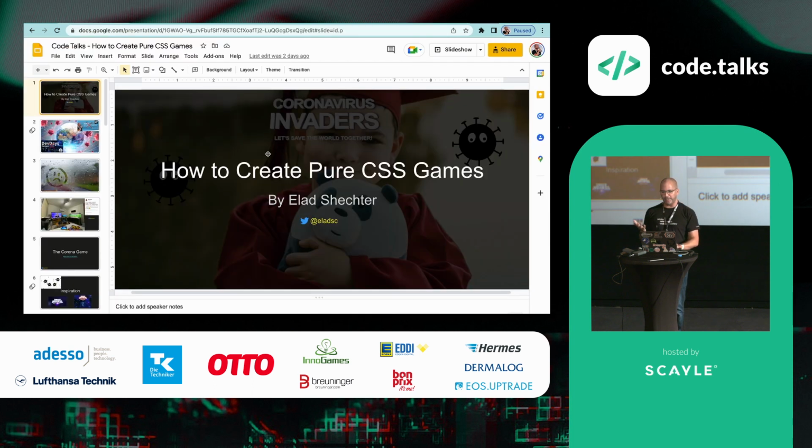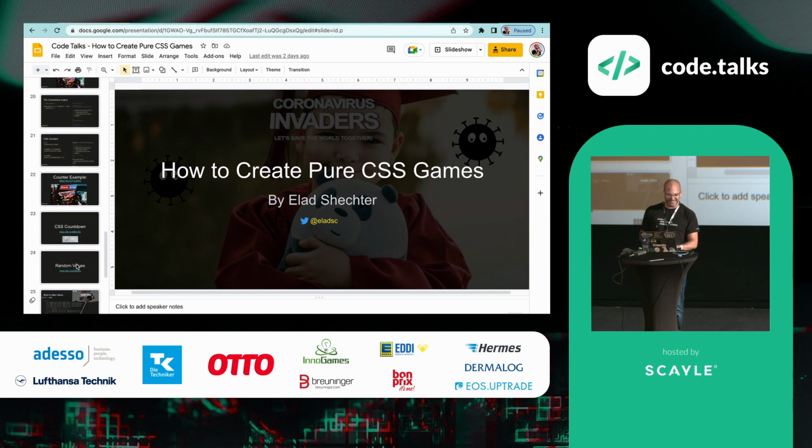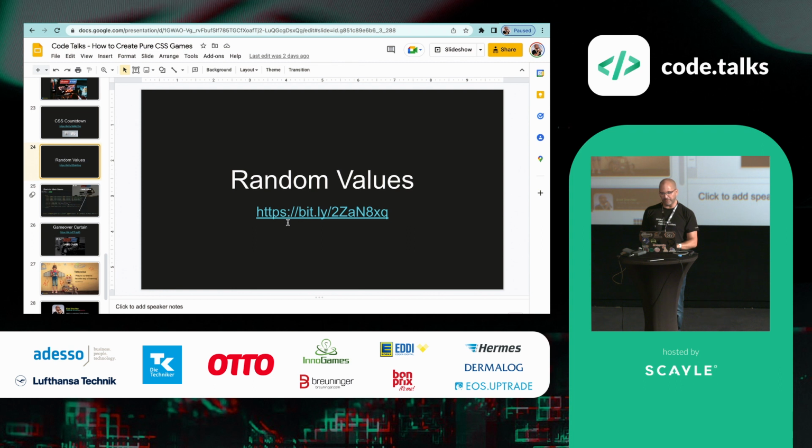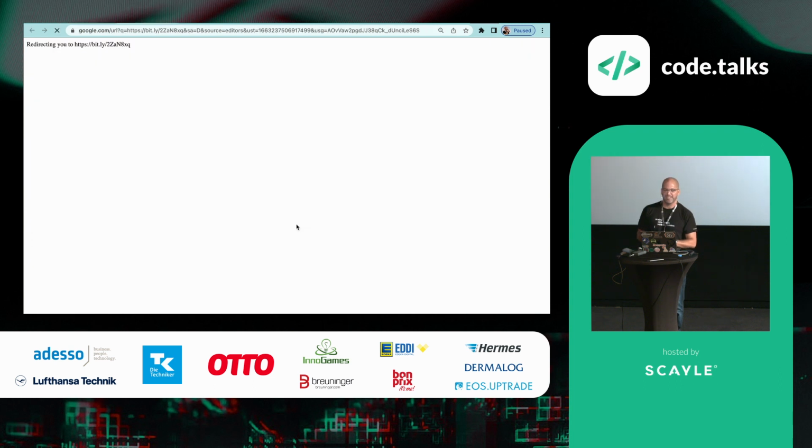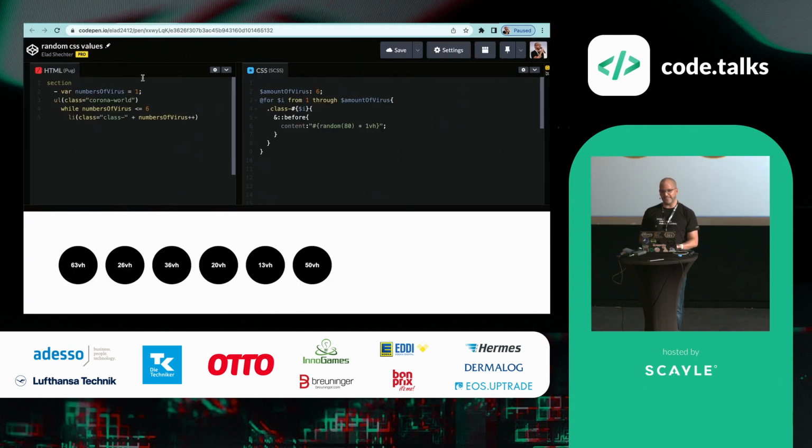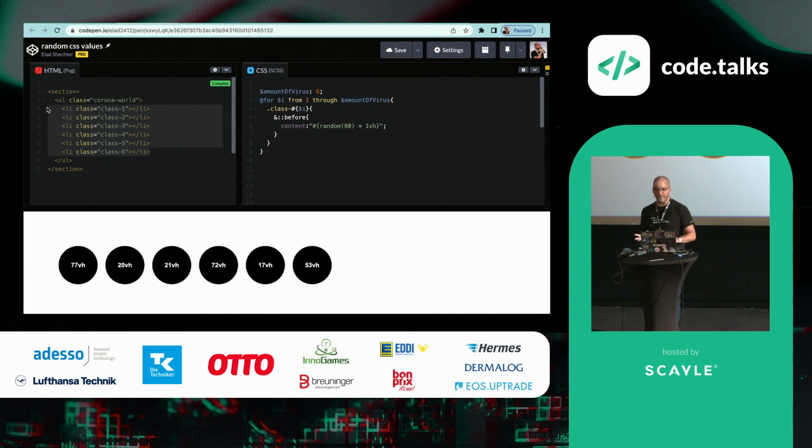Because I don't want you to be afraid of this Sass random function, let me show you another example that is a lot easier to understand, and don't be afraid of Pug. It's just regular HTML. It's always just regular HTML and CSS, yes? This is the HTML, 6 empty li elements. The numbers that you're seeing inside are not coming from the HTML, they are coming from the CSS.